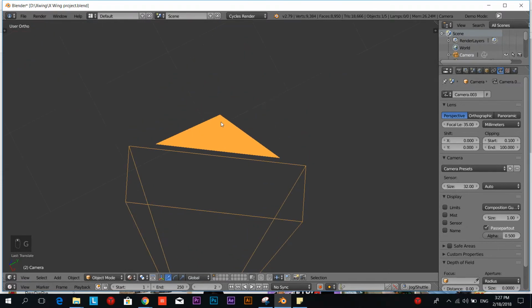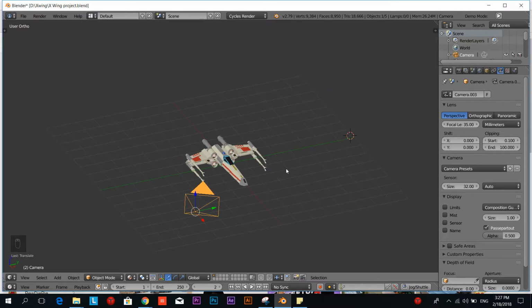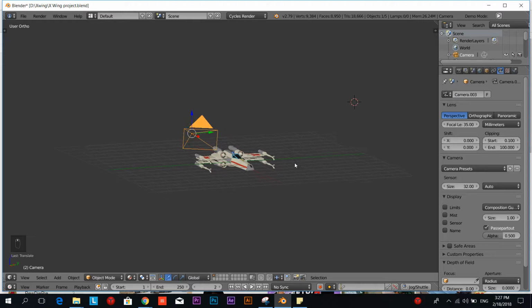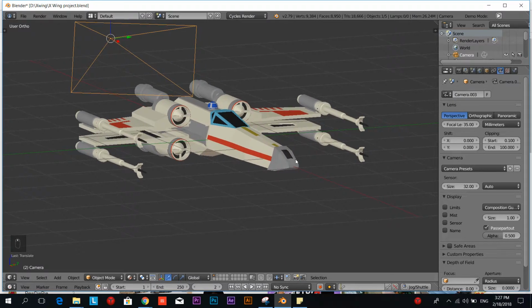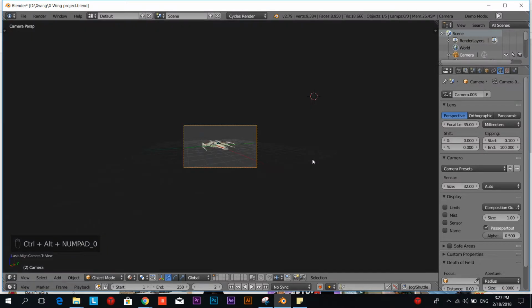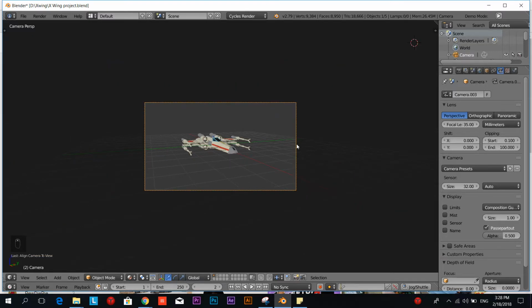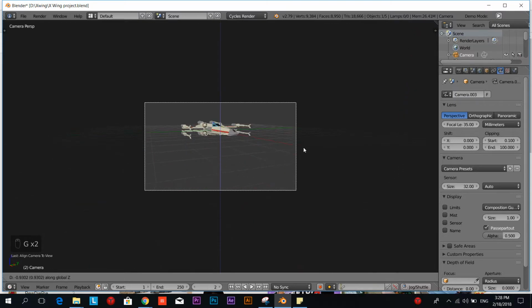That's going to be a longer way because you need a lot more tweaking. But an easier way would be, for example, if you want to position the camera, say something like this, you can press Control Alt and numpad 0, and now it's in the position you set up your view. So now you can just move it like a simple object by pressing G and moving it freely or on a certain axis,